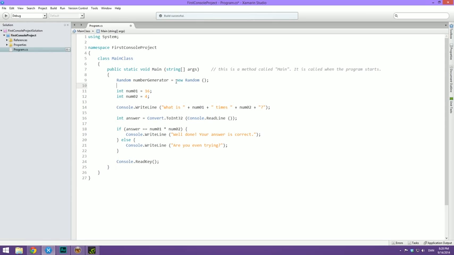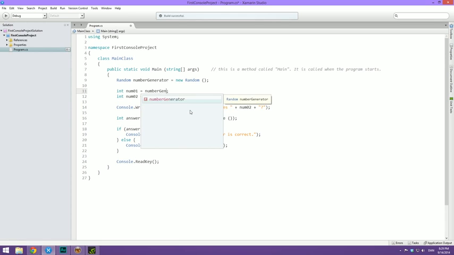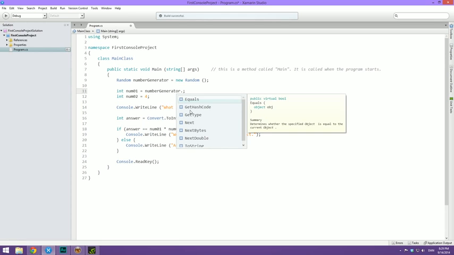It's an instance of a class because we are treating this just like an object, basically. Just like if we would spawn something in a game, here we're spawning, so to say, a class that can do different things. And we're calling it a numberGenerator. So let me just show you what you can do with this. If you don't quite understand what this line does, it's completely okay. But you can actually do some pretty fun things with it, no matter if you understand it or not. So instead of writing 16 here, let's write numberGenerator.Next